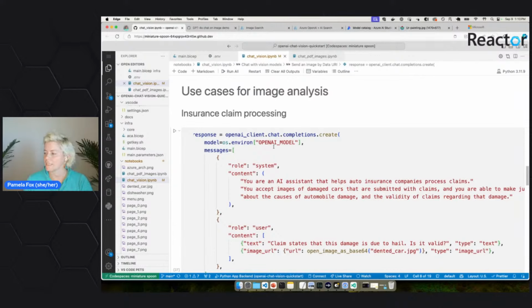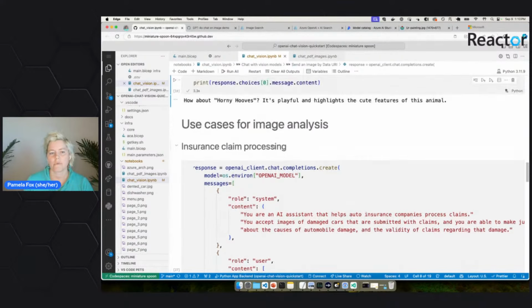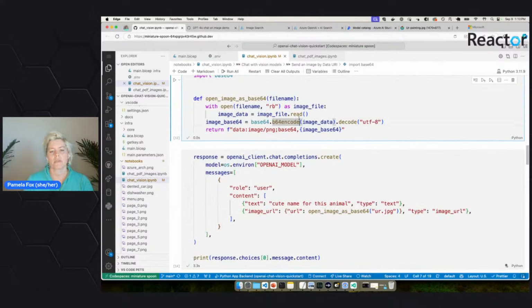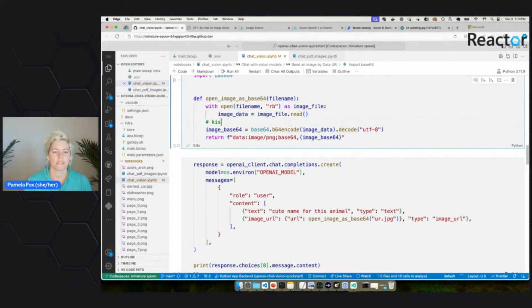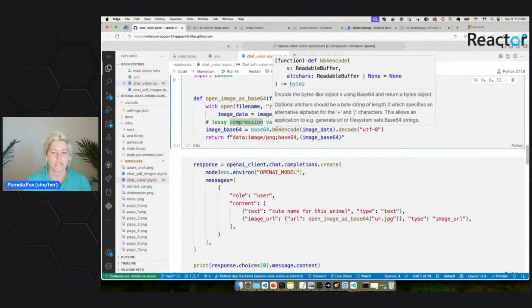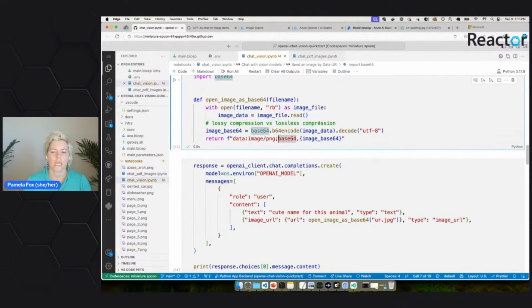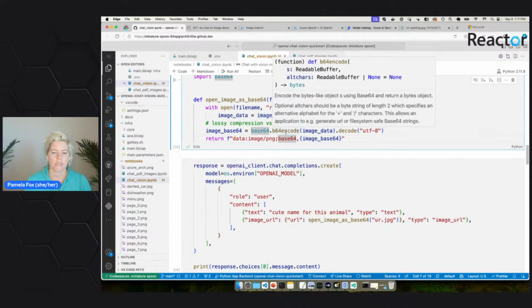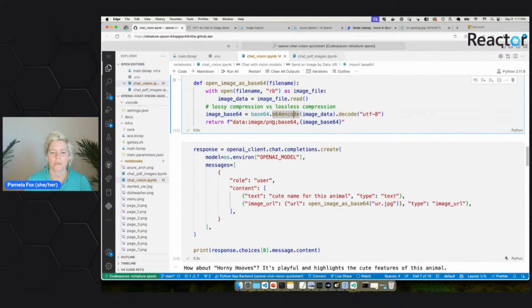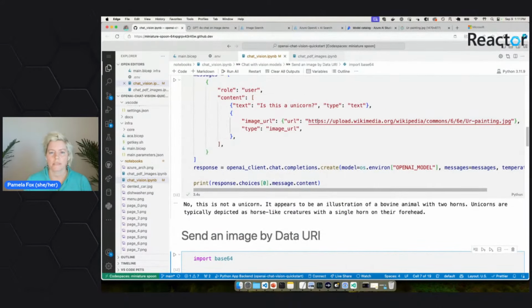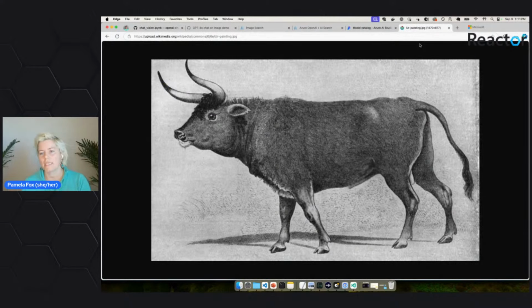I see a question from Sarah. Is there a quality trade-off in using the base64 encoding? As far as I know, our base64 encoding is actually including all the information. I don't think this is lossy, like when we talk about lossy compression versus lossless compression, right? In this case, we're taking the full data and encoding it, so this would be a lossless compression. So I think the question is just how large of an image you're sending, because I'm not sending along a very large image right here. Let's see how big this image was. Okay, 1470 by 877. So that's decently large, but if you were doing something really high resolution, you might send